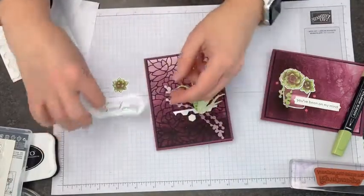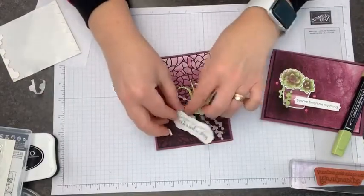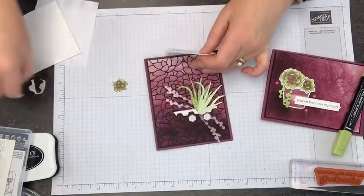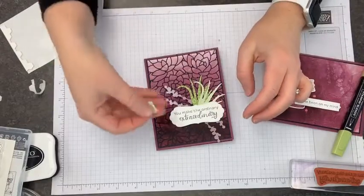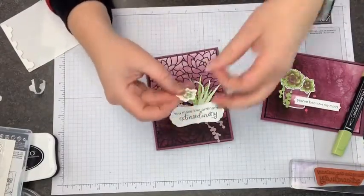So this is living dangerously, right? Like sticking adhesive on when you're not exactly sure where your die cut's going, but I think we'll make it. All right, so I'm gonna pop these on and then stick this guy over the top. All right, and then we have our little piece here to add, and I'm gonna add this one with a